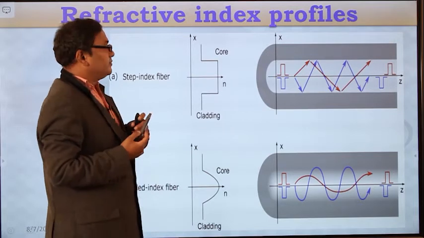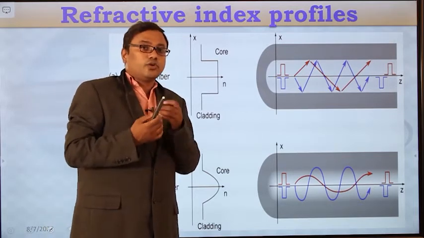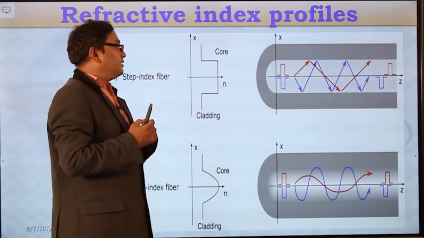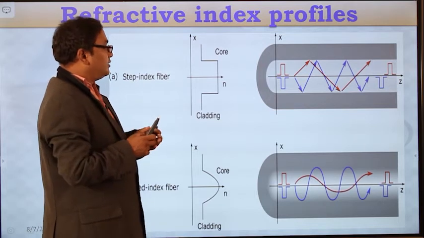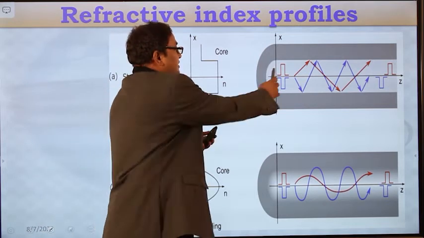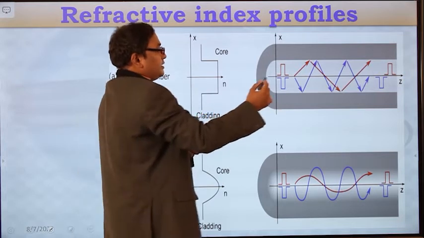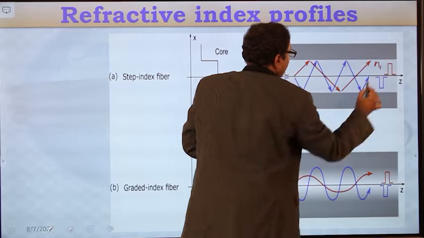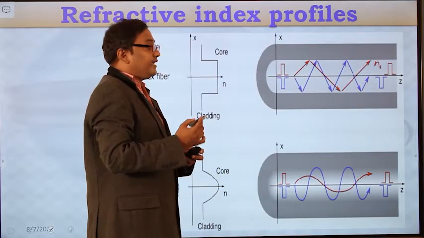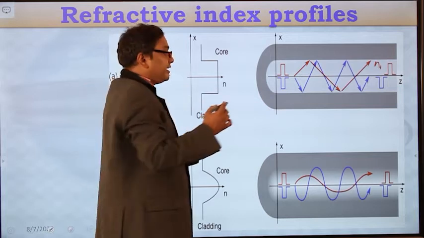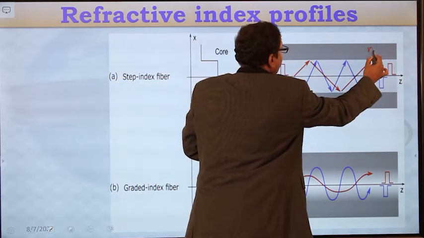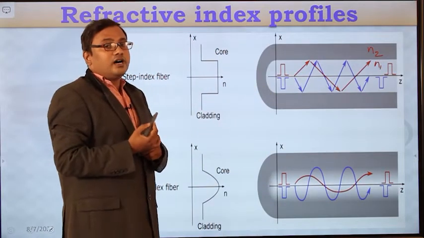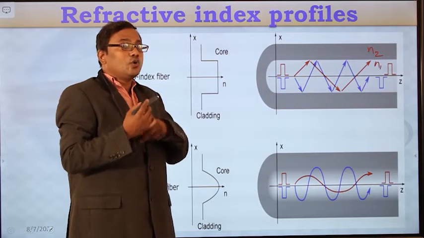Now let us see how the refractive index of the core will affect the light propagation in the optical fibers. Now consider an optical fiber cable. So here with the blue colored one, you can see this is the core medium, and this core refractive index is n1, and this core is surrounded by cladding whose refractive index is slightly less than the core. So this is the cladding medium. Now our focus is on refractive index of the core.